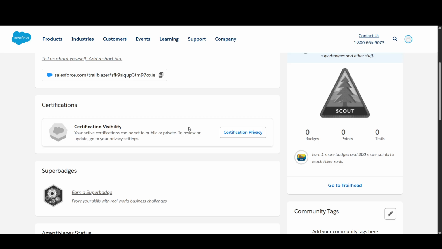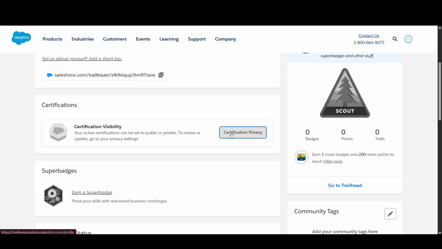If you don't immediately see certifications, it may just be a visibility setting. Let's make sure that's set up correctly. Look for options related to certifications and visibility. Open the certifications area and review your certification visibility. Then go to certification privacy to confirm who can see your certifications on your public profile. This doesn't change the dates themselves, but it controls whether others, like recruiters or managers, can verify your credentials and